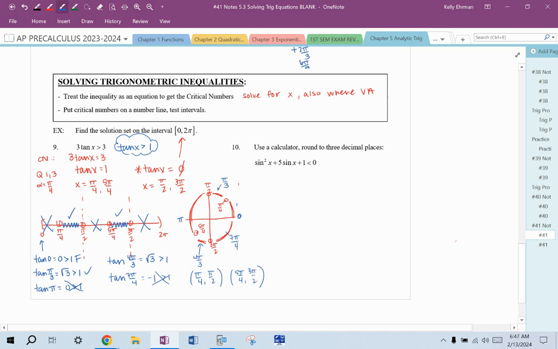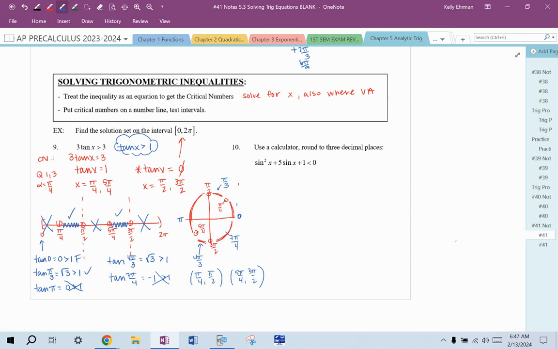If I didn't put the asymptotes in, I might have accidentally said that pi over 4 all the way to 5 pi over 4 was a solution set. But if we're looking between values, pi over 2 to 5 pi over 4, that doesn't satisfy that inequality. Okay, now